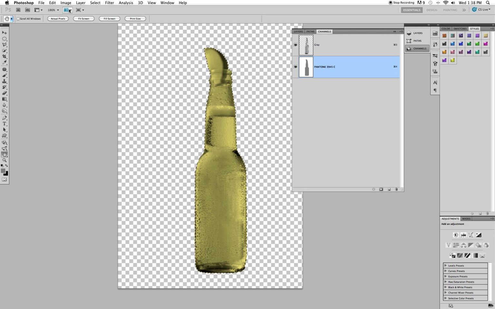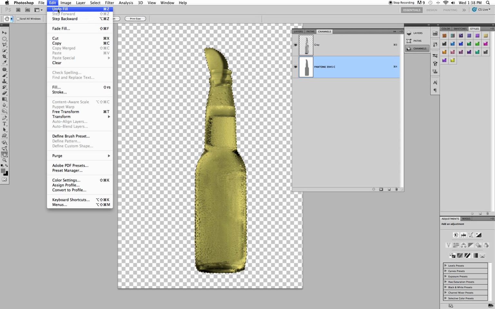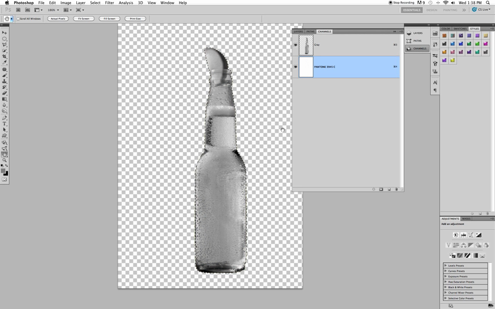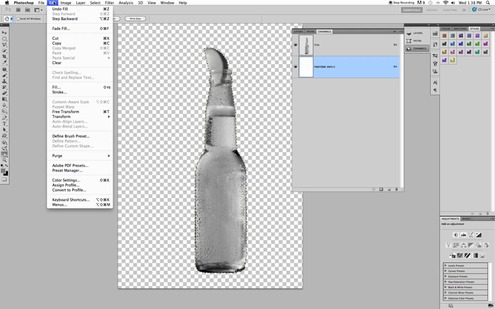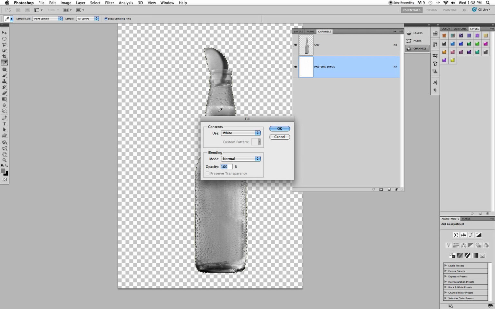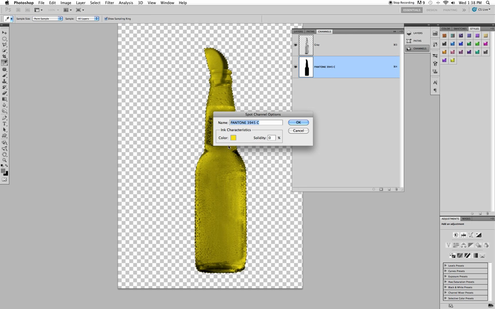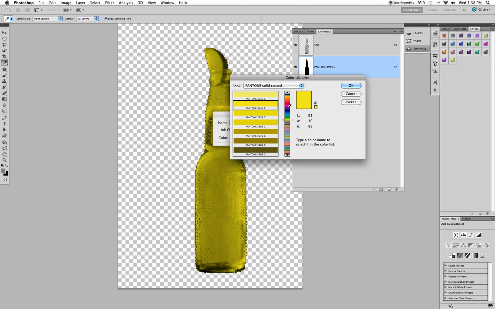If we fill that now with, let's say, white, it's just going to look black and white. See, there's nothing there. If we fill that with black, you now have a yellow beer. And remember, it's cool that you can change the color. So if you want a red beer, which would be kind of weird,